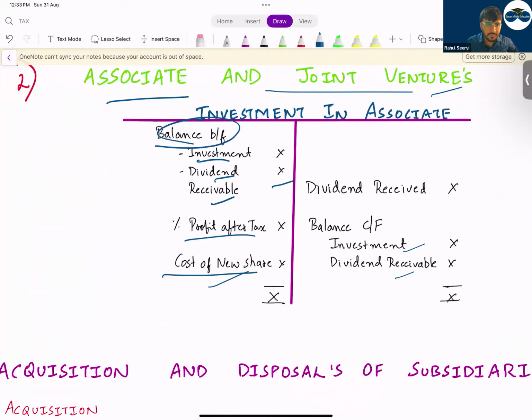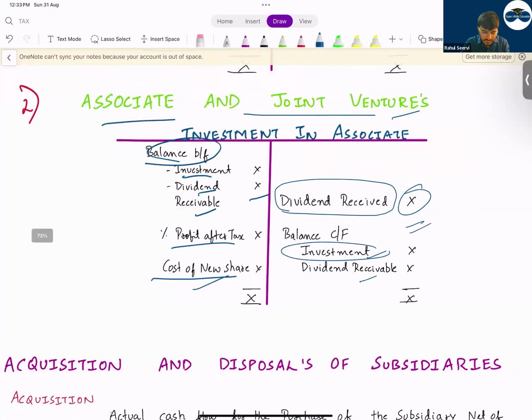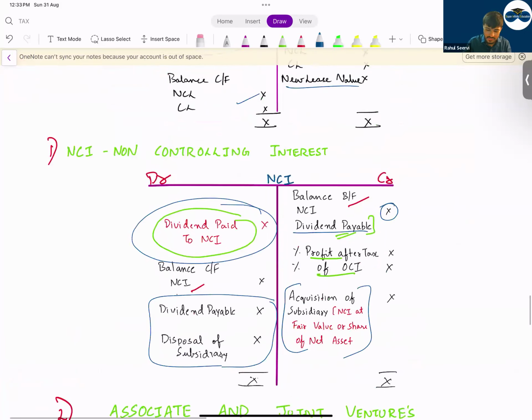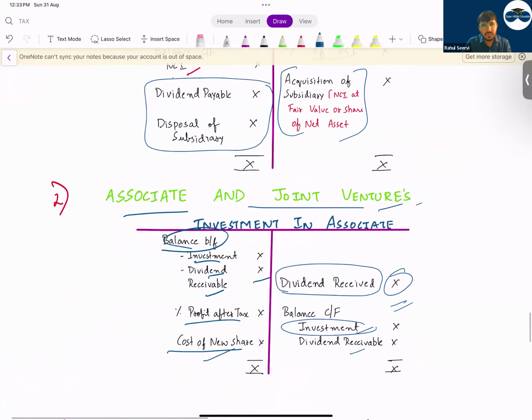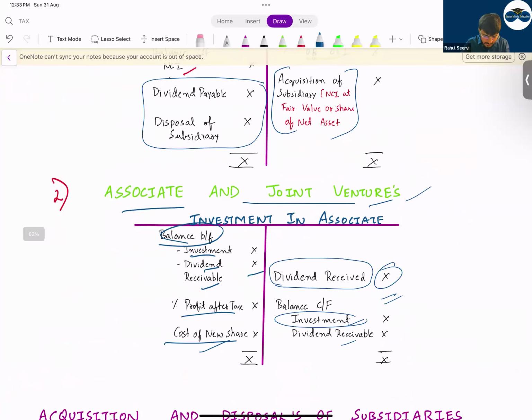Investment and dividend receivable. See, this investment which is there now will already include the value of dividend receivable. Then you'll record the dividend received. Whatever is the balance on this side will be the dividend received. Where will you take this? This will be taken to the investing category as dividend received. These are the two important things frequently tested in your cash flow adjustment part. So with this, we have completed this part.